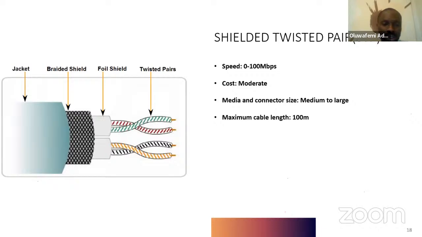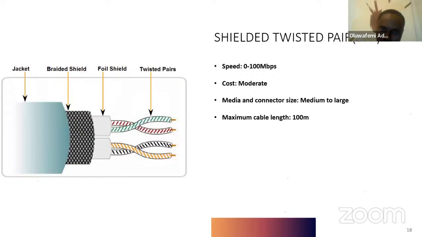Don't worry, right? For some of us that have physics backgrounds, you will understand what it means when signals are traveling on a straight line. There is always an interference. So that's why they shield it, so that there won't be interference. And that's why they twist it. And then to make it much better, when you shield it, do you understand? It goes a better way, right?